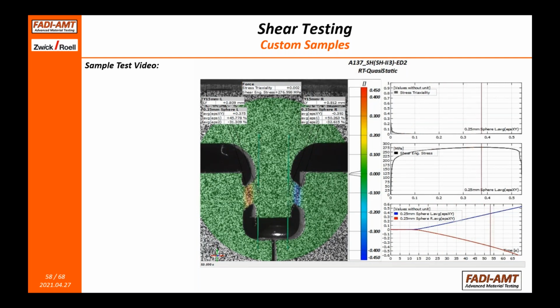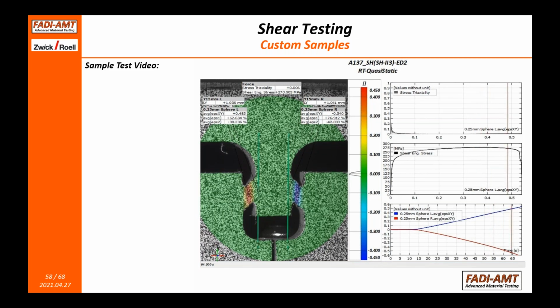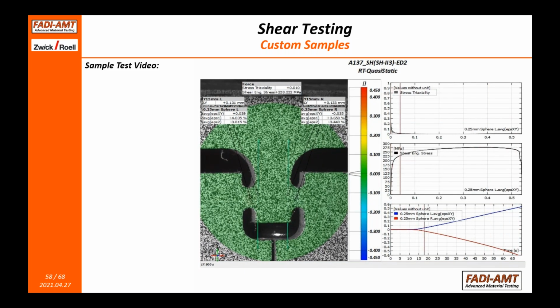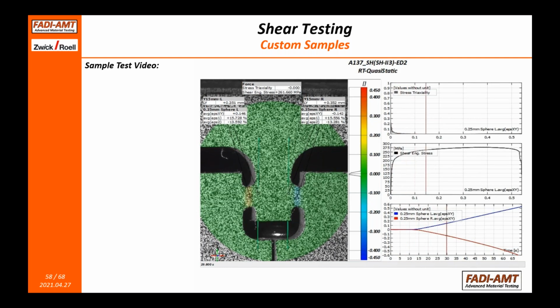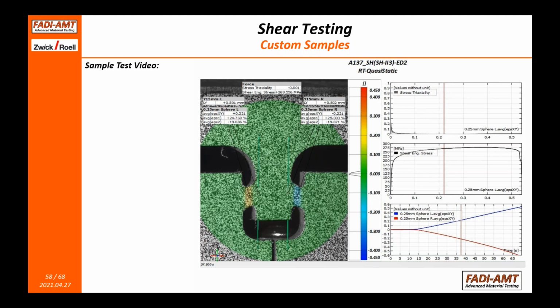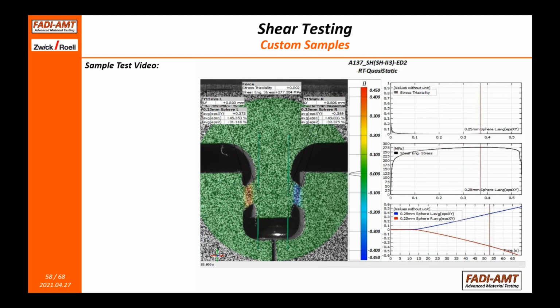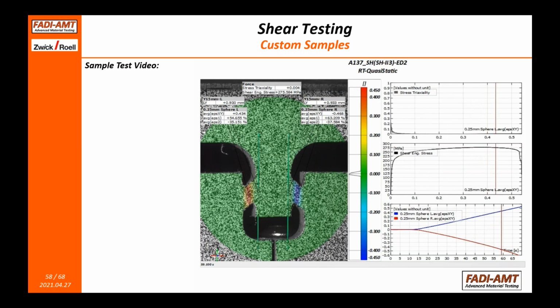And we're trying to measure the shear strains in those ligaments, left and right. One of the biggest challenges of this test is, of course, the amount of deformation is usually very large, and it's really difficult to capture even in 3D DIC systems. Sometimes you have a loss of correlation. So therefore, we show this example from a previous project that shows a very nice video of shear deformation in